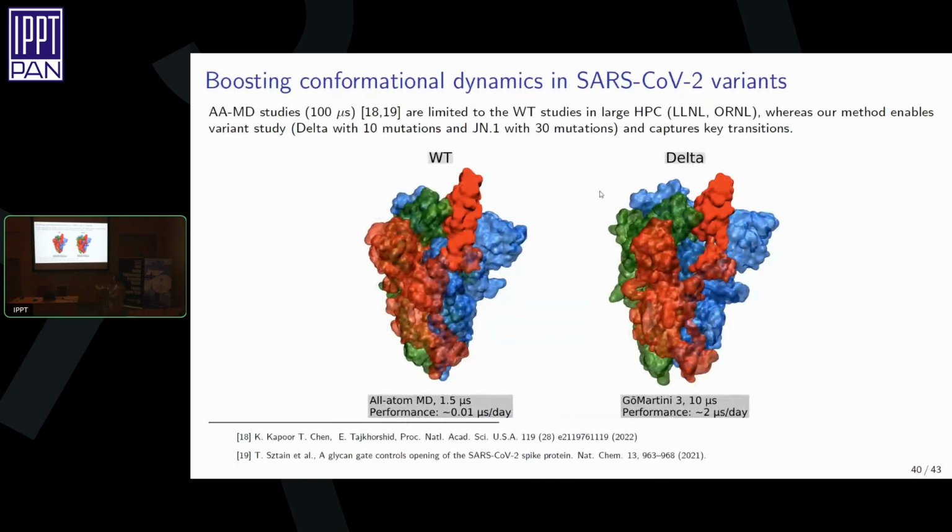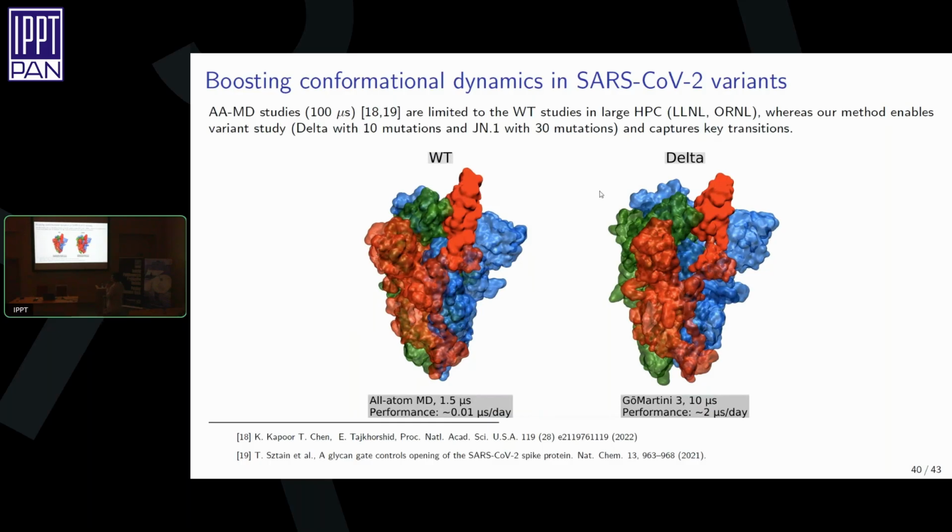Okay, so basically I have shown this model described with GōMartini. So we have better efficiency to sample the conformational states of the Delta variant, and of course, our work continues because we want to integrate also the other part, the anchoring part on the membrane. We know that the spike protein, we have all-atom data for that, basically has different conformations, which are enhancing the dynamics of the full